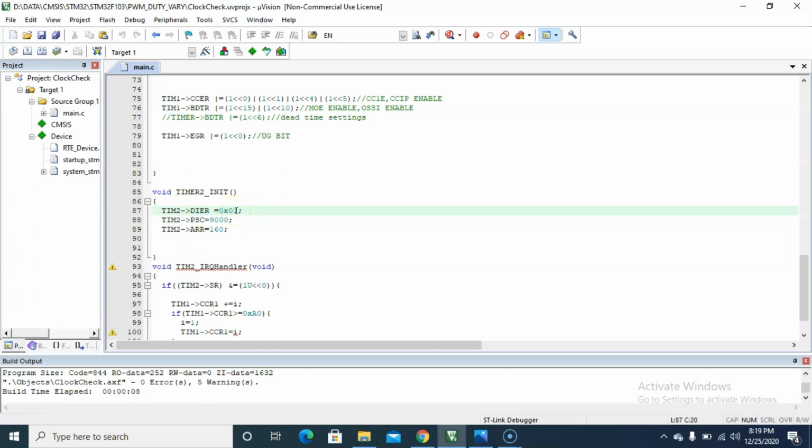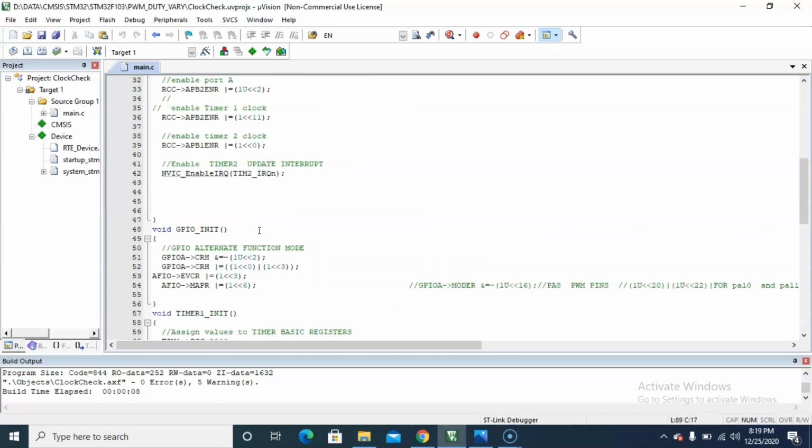The second bit is set to 1, which means it is set in timer update interrupt mode, and this is the prescaler value, this is the ARR value, and this is the handler.